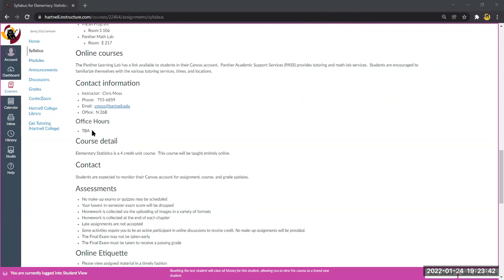Office hours. I still have yet to decide upon my office hours. I'm going to send around an announcement tomorrow with those office hours. It's going to be 2 mornings and 2 evenings. Two of the office hours, the morning office hours, are going to be on campus. My evening office hours are going to be via Zoom, just like this. You'll get announcements about the evening office hours, as well as a Zoom link on the day of the office hour. And then at the appropriate time, you'll just log on and I'll be here. And here I'll be.